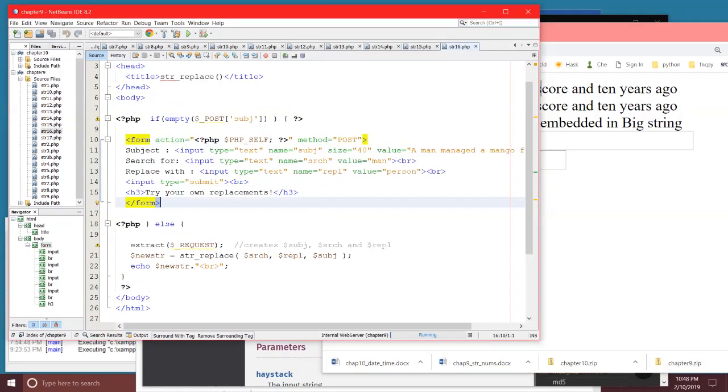Now here's a really crazy one. This one can be dangerous because a hacker can use this maliciously. Looking at this particular case here, we've got a form with 3 text boxes: type equals text, type equals text, type equals text. But look at the names of the text boxes: subject, search, and replace. Well, if you use